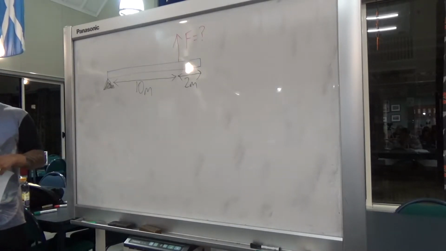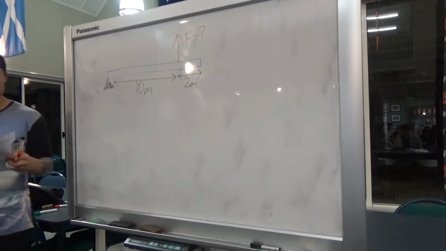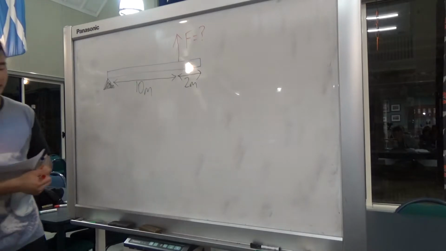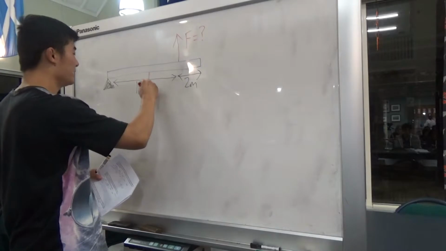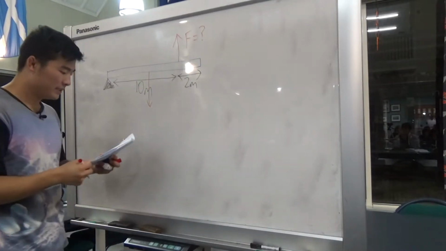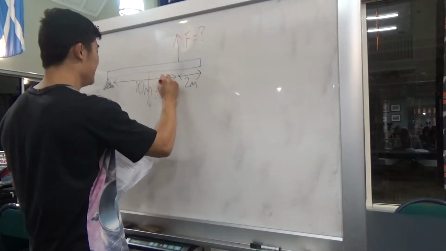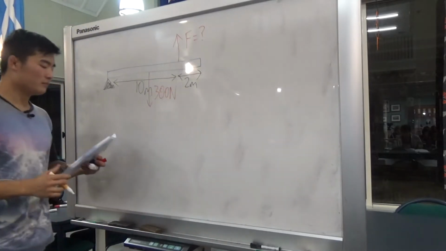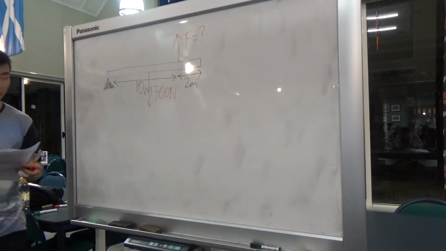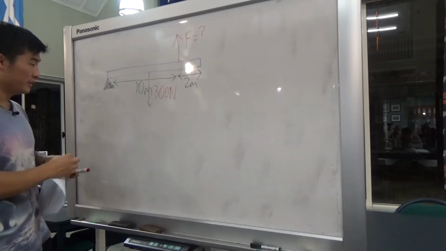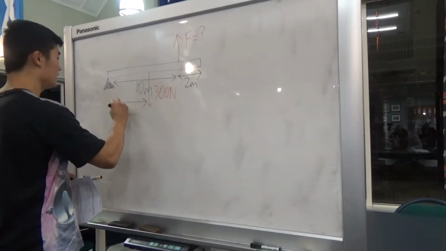And then, of course, we need to put in the force, the weight force of the plank. So that's going to be acting in the middle of the plank. So that's going to be 30 kgs mass. So that's 300 newtons downwards. So that's the weight of the plank acting at the middle, at the midpoint. So the distance there will be 6 meters,